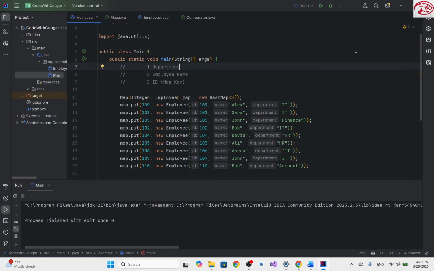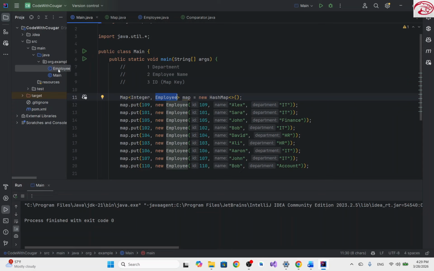Let's talk about another most commonly asked interview question. So we're given a collection of employees and we store that in a map data structure for a quick lookup or whatever. Okay, so we have a map data structure where we map the employee ID of type integer to the employee itself of type employee, or an object. Okay,